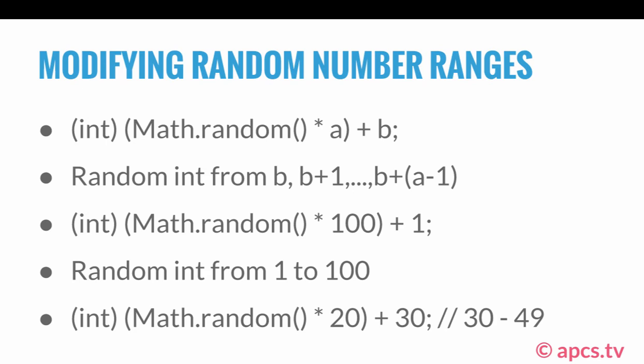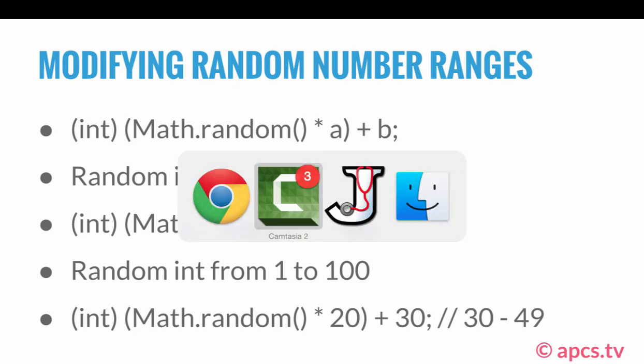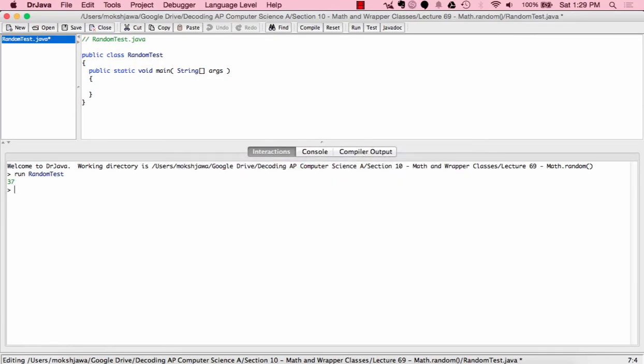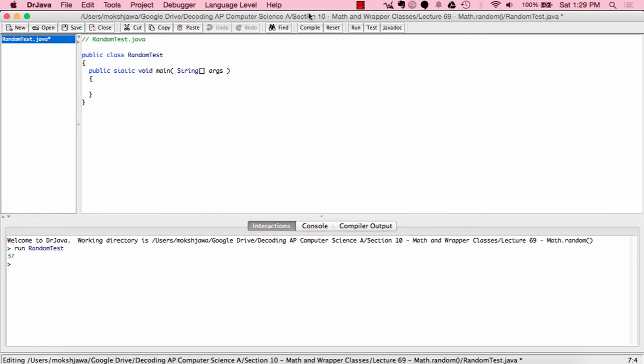And next, let's move to Dr. Java, and we'll be taking a look at a quick example, and we'll see how the value comes out to be different every time a program is run. So let's move to Dr. Java. So here we are at Dr. Java, and what we're going to do now is